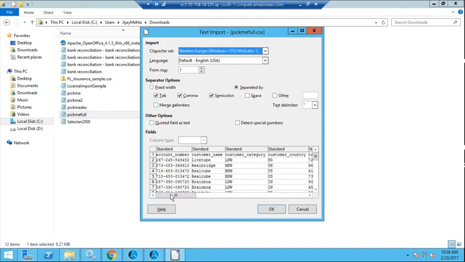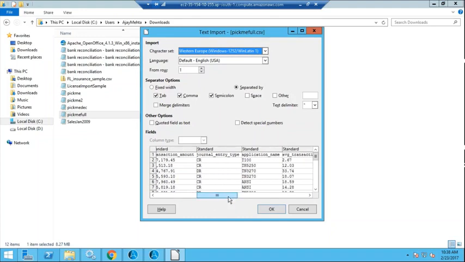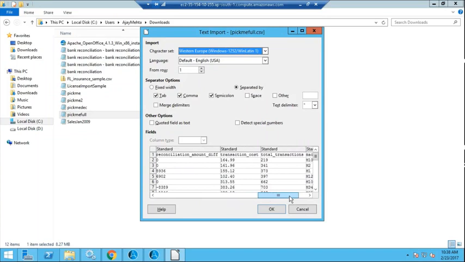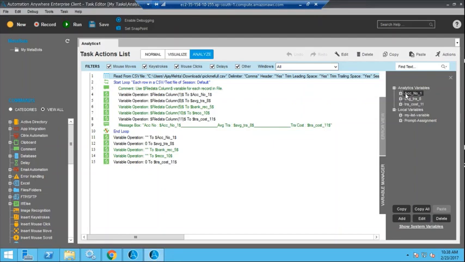So these are, if you can see, account number, customer name, customer category, customer country, transaction amount. These are the fields that we have, and we have specified certain fields that we are interested in, depending on our area of interest. And once you specify those fields which you want to earmark for analytics visualization,